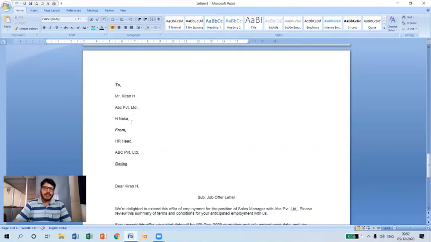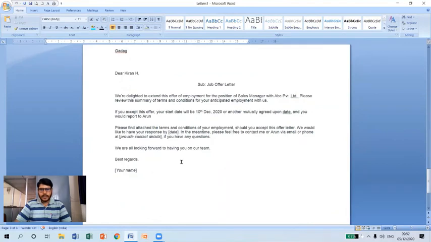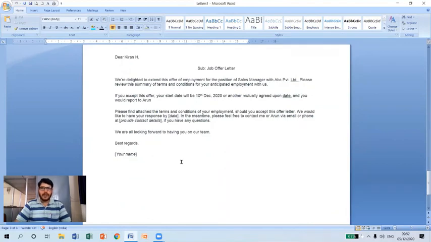So this is how we can effectively utilize the mail merge option. In this case, you can edit the individual letters as well. After this, you can take a printout and send the hard copies of offer letters to your recipients. So this is how we can utilize the mail merge option. Hope you have understood.